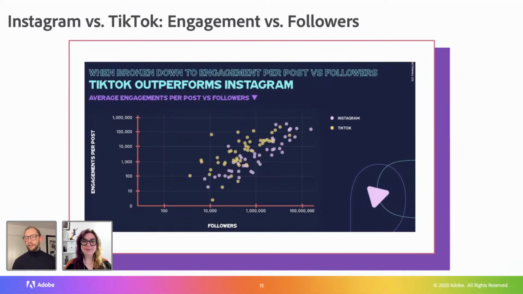The high level here, and we spoke about it just a couple of slides ago, is that if you don't have very many followers, so you're well below 10,000 and around 100 or so, TikTok beats Instagram for the amount of engagement you'll get. And there's a reason for that.